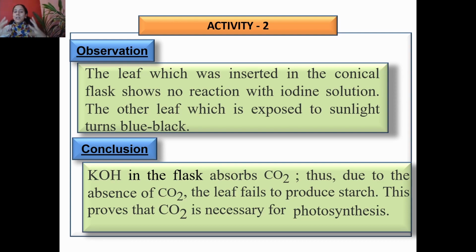dioxide. So whatever carbon dioxide was present in the air in the conical flask, potassium hydroxide has absorbed it, and that's why the leaf was not able to do photosynthesis, and there was no change in color. So the conclusion is that the reason is potassium hydroxide, it has absorbed all the carbon dioxide. That's why that leaf has not shown any change in color when we poured drops of iodine